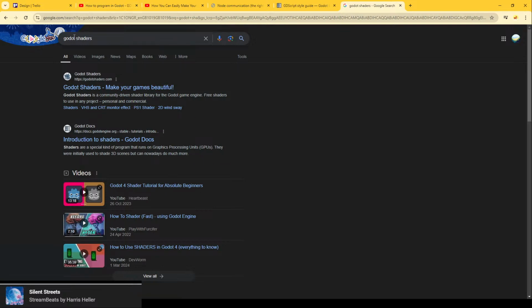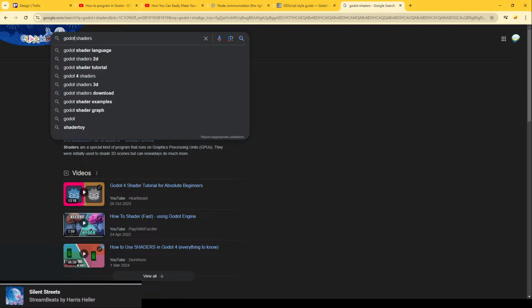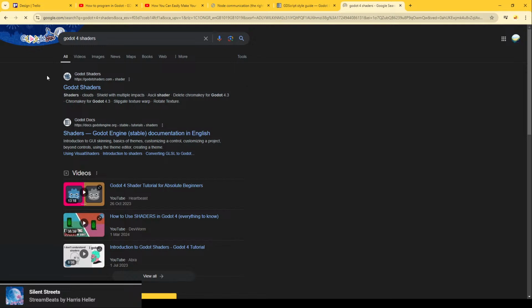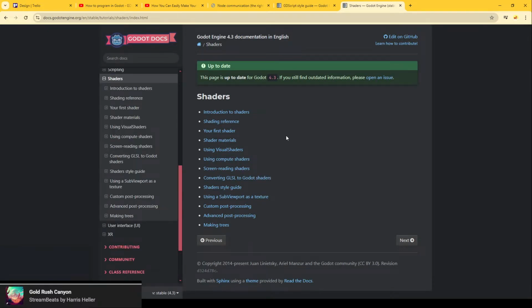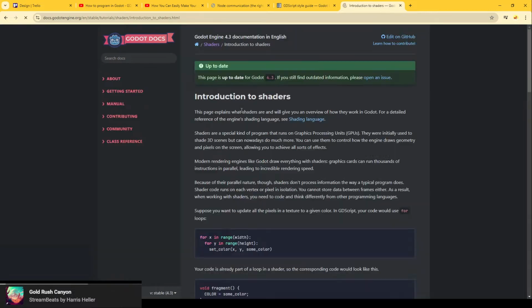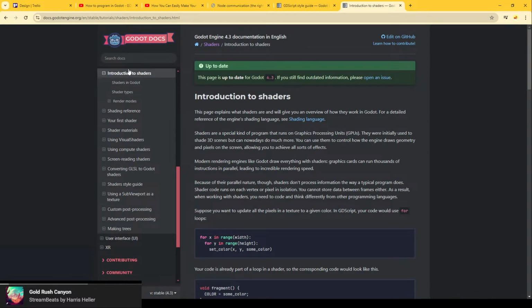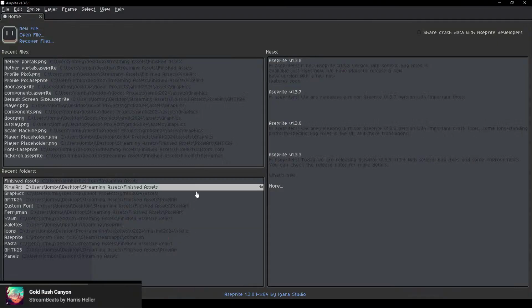Yeah, we want Godot 4. Introduction to shaders, so on. Let's have a quick read through of this, because I think rather than editing the sprites to have different colors,